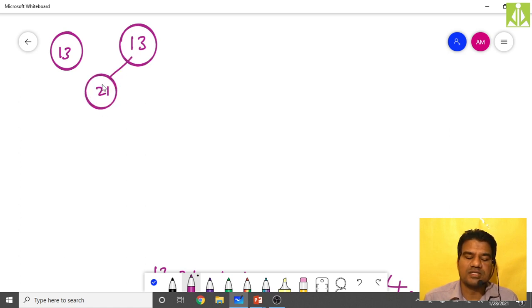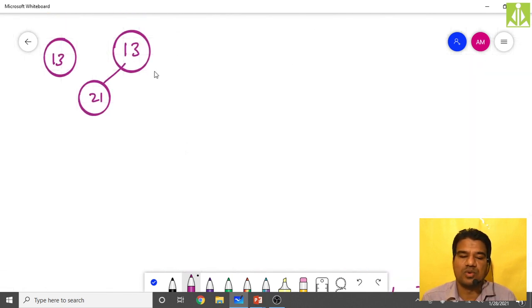When you are doing the insertion, compare 21 with 13. In the previous case, whenever the child had a greater value than the parent, we swapped. But over here we have to look for the smaller value. If the child has a smaller value when compared with the parent, perform the swapping. As you can see, 21 is not smaller than 13, it is greater. So no need to perform any swapping. Go for the other node.